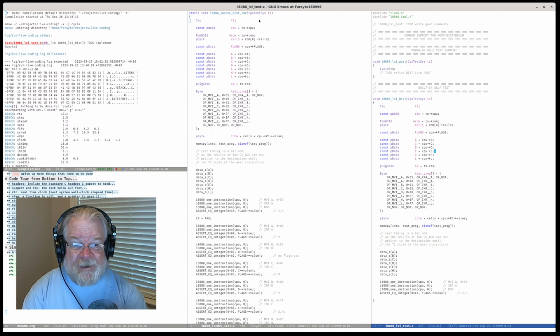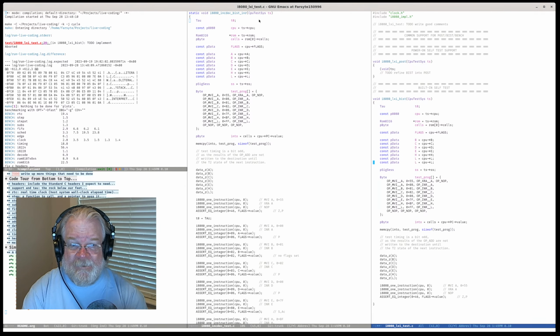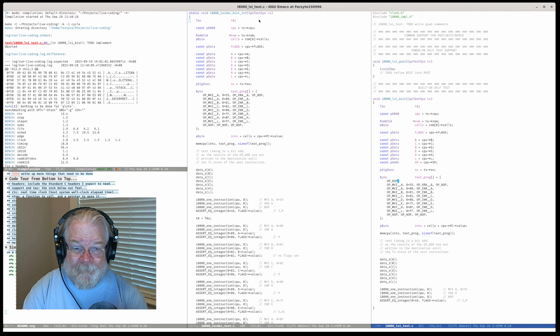We are interested in B, C, D, E, H, L, and SP. And our test program is going to start out with op-nop. I like having a nop first because I may want to widen my signal plots just a little bit before the first instruction, maybe. Sometimes I do that.